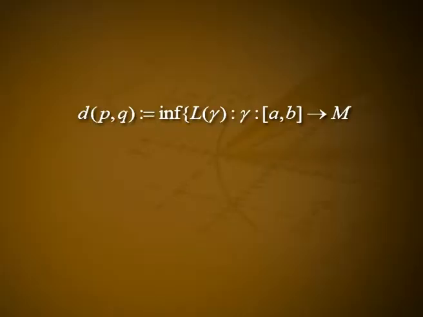On a Riemannian manifold M, the distance between 2 points p and q can be defined as d(p,q) equal to the infimum of the set of all L(gamma), where gamma from [a,b] to M is a piecewise smooth curve with gamma(a) equal to p and gamma(b) equal to q. Any 2 points p and q in M can be connected by a piecewise smooth curve, and d(p,q) therefore is